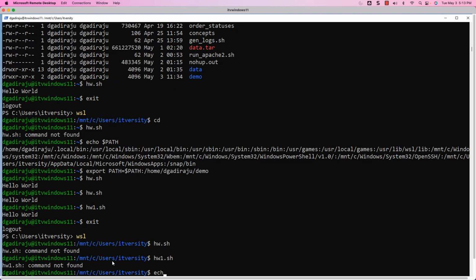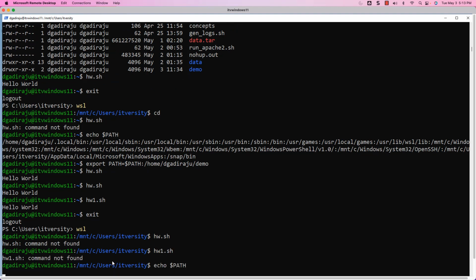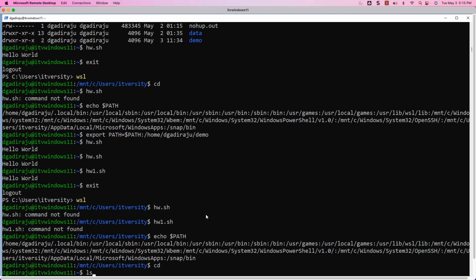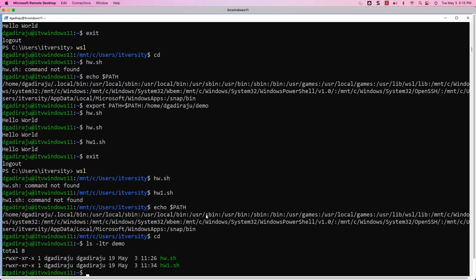It is because the path environment variable doesn't have the reference to that location. As part of this lecture, let's go ahead and understand how to update .bashrc or .profile with the additional path which contain these programs. The path which contain these programs is nothing but demo folder under home directory of this user. The complete path is nothing but /home/Digazraju/demo. Then the fully qualified path of hw.sh is nothing but hw.sh with the path of the folder which contains